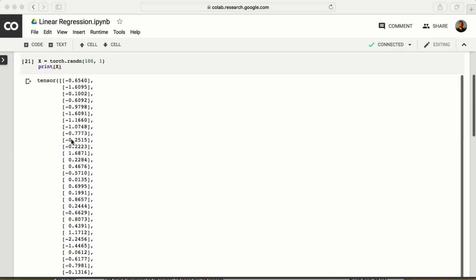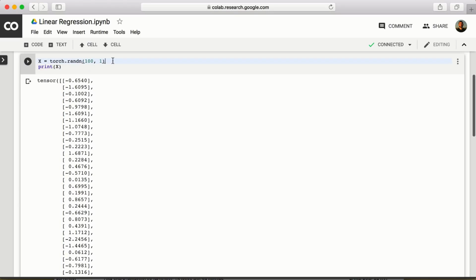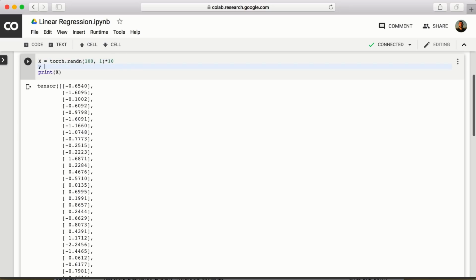So what we can do is multiply all the numbers in the tensor by a value of 10, times 10, to set up a larger range. As we are dealing with a two-dimensional coordinate system, each data point will have both an x value and a y value, which we will set equal to the output y. For now, it will simply be a function of x. To further modify the y value, let us simply plot our current set of data points with